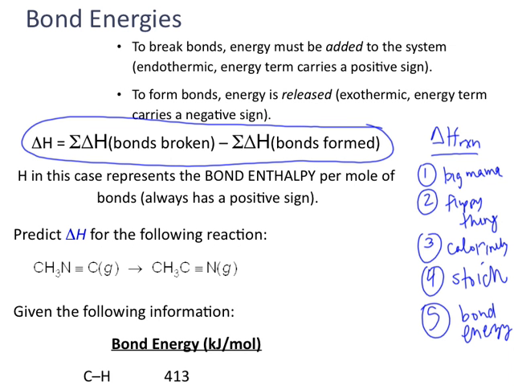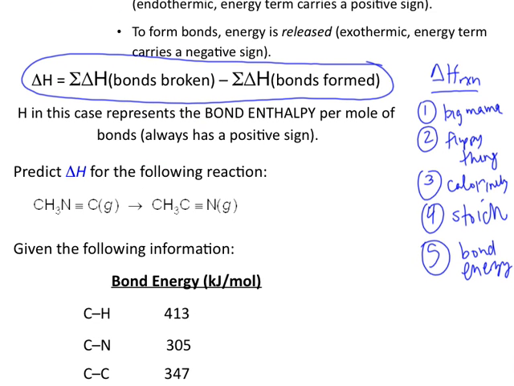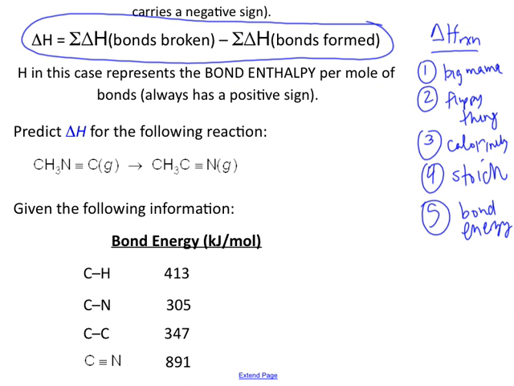What's happening here? It looks like we're doing reactants minus products, right? Because we break the reactants and we form the products. We're really not, because what bonds broken minus bonds formed does is allow us to not have to change the signs. If we were going to use Big Mama on this, we would have to decide, okay, if I break